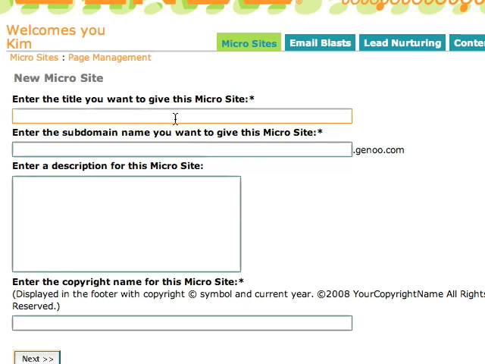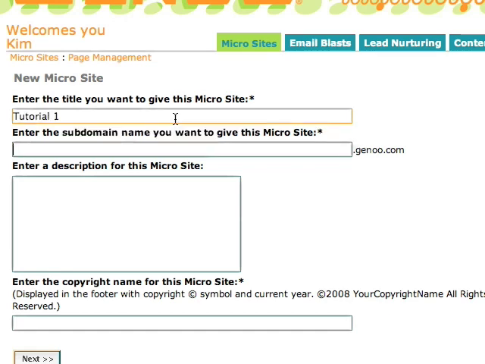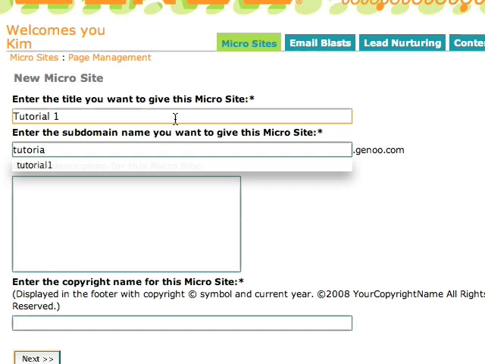Then you will enter the title you will give your microsite. This will show up in the microsite list within Genoo admin. Then enter the subdomain you want for this site. In this case, we're going to have tutorial 1. You add that to genoo.com and you'll have the way you can get to your microsite if you don't have a domain name. So it'll be tutorial1.genoo.com. If you have a domain name you would like to use for this microsite, we'll be covering that a